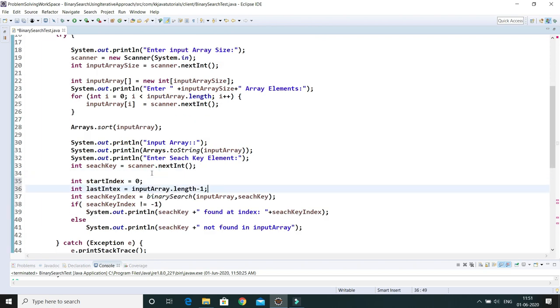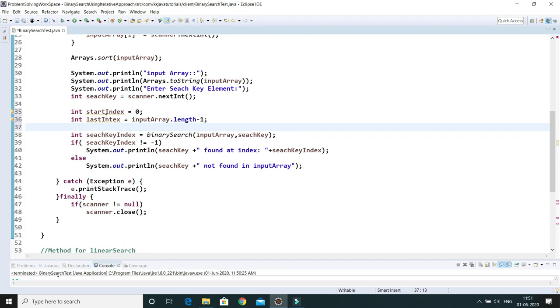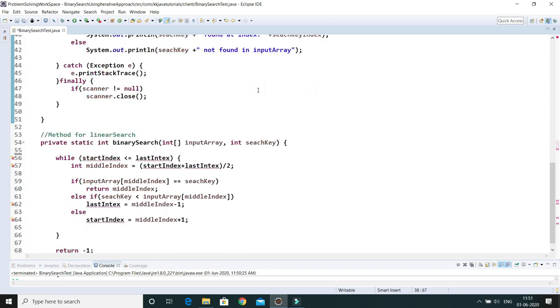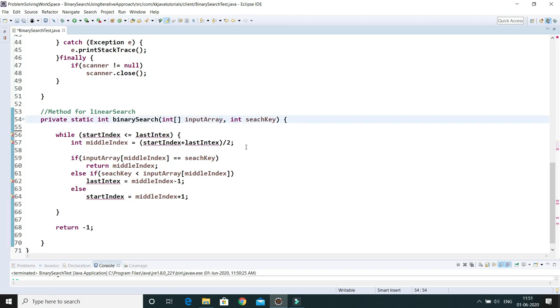Before that, I am going to pass the input array, then the start index, then the last index, and then the search element. Accordingly, we need to modify this method signature's input parameters. So it's int, and then int last index. Yeah, that's it.